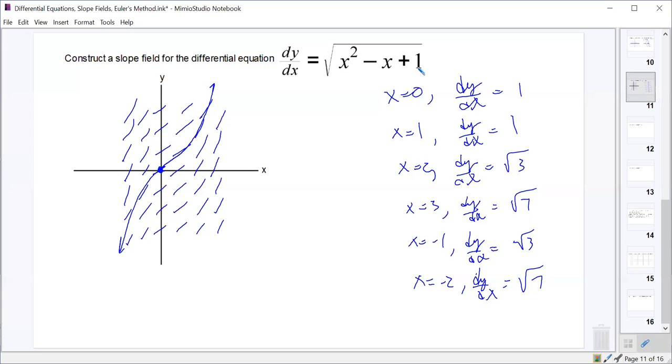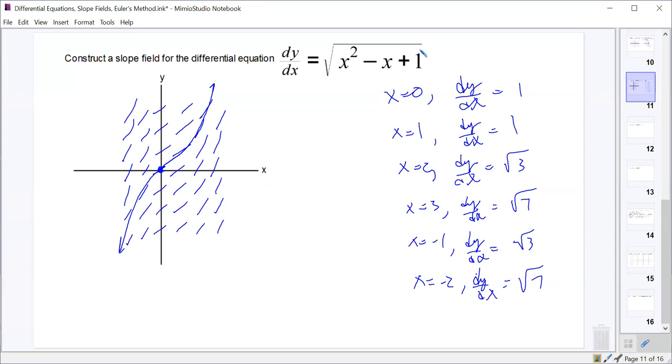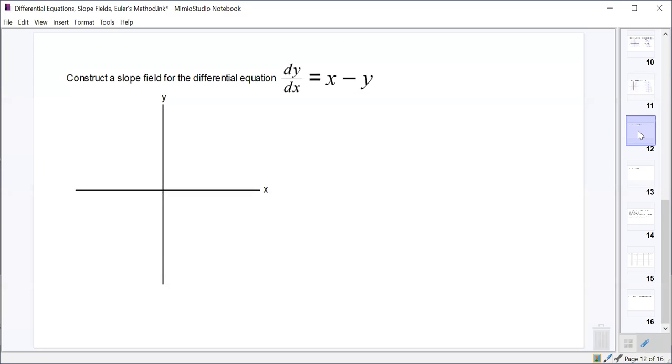Okay. All right. Now, it's nice and easy when all you're given is x values in your derivative: dy/dx is cosine x, or dy/dx is root x squared minus x plus 1. It becomes a little more complicated when you're given both an x and a y value, right? So if I asked you to construct a slope field for this,